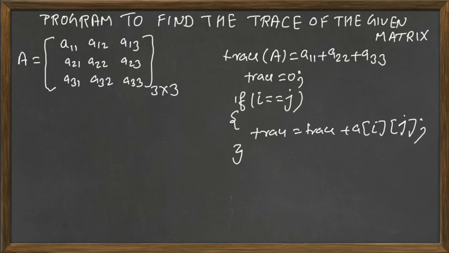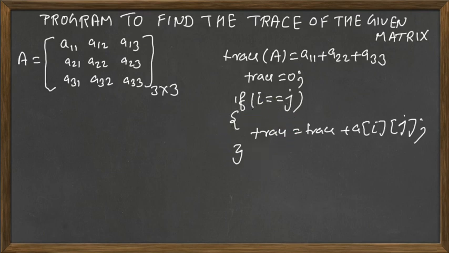Whenever the first subscript is equal to the second subscript, this if statement will run and the trace value will be modified. In the first iteration A11 will be added to 0, that will be A11. In the second it will run for A22. A22 will be added to A11,